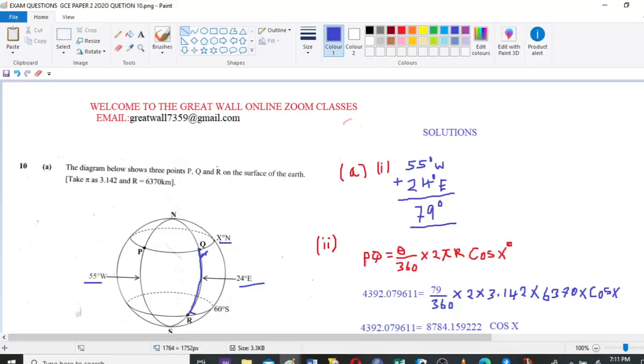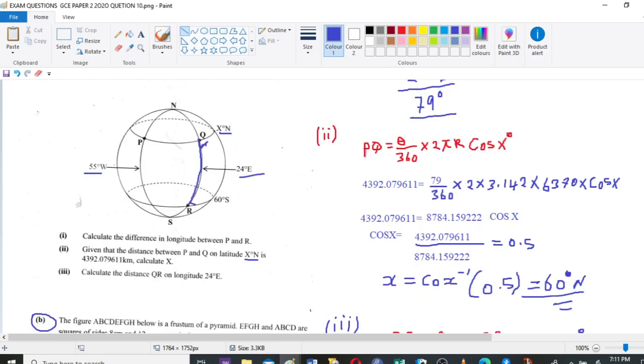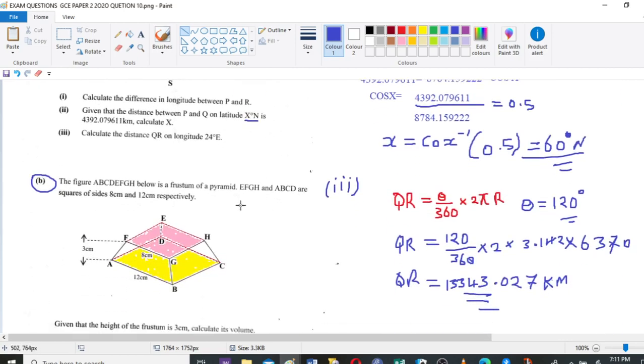Okay, welcome back. We continue with the remaining solution, the remaining question, I mean. So the remaining question is question B. Question B says, in the figure below,